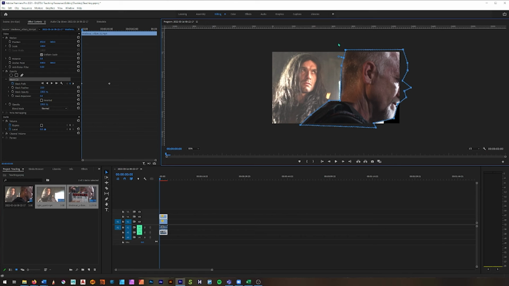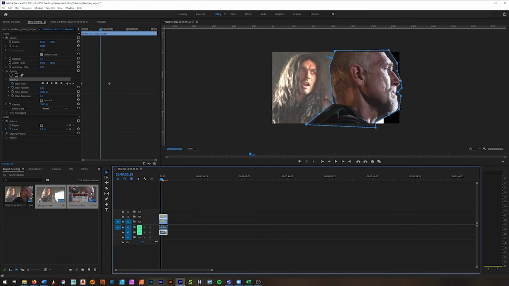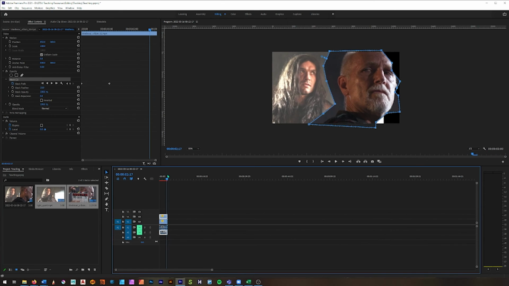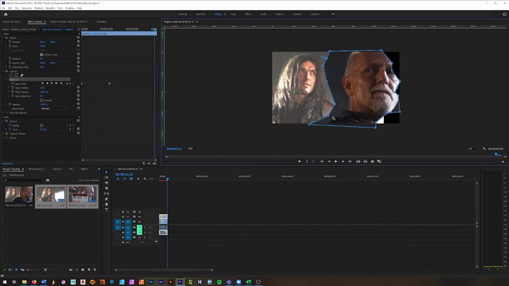And there. So now I have this secondary mask here. When I scrub through, it'll kind of change and morph over time. I might have to go through and manually fix a couple of the spots, or use the keyframe editor to kind of fix things. But overall, it'll give us a pretty close